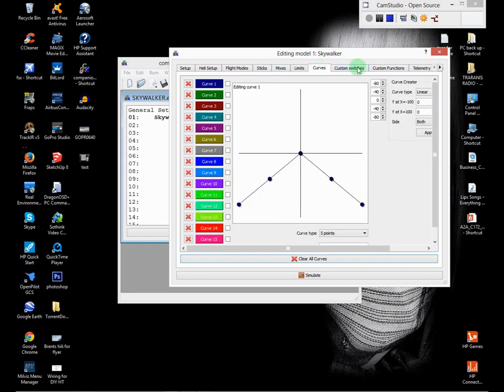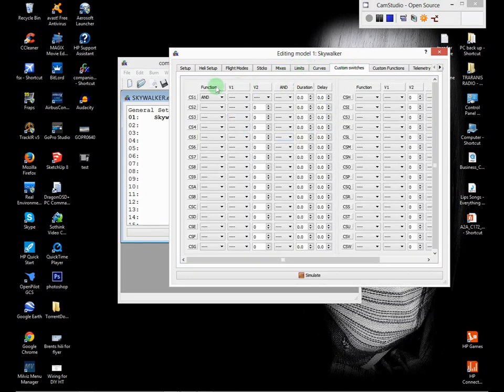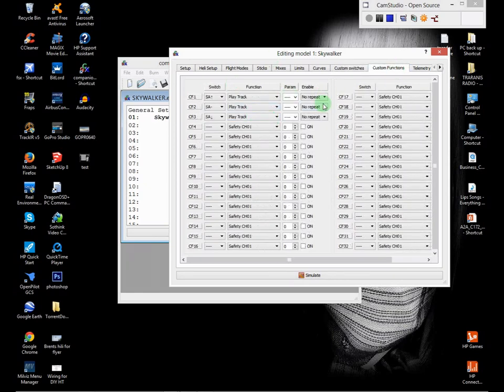So with the curves, I really haven't done anything with custom switches. Custom functions is basically for your sounds. Now I don't have my radio set up yet, so you basically select your switch. So if I want return to home to play on say SA down, which is return to home,